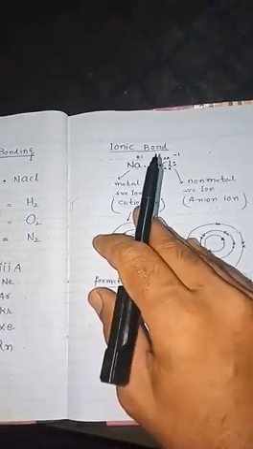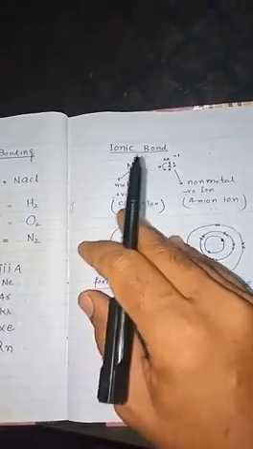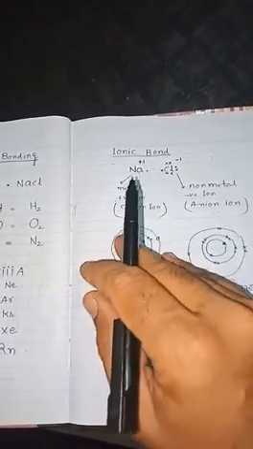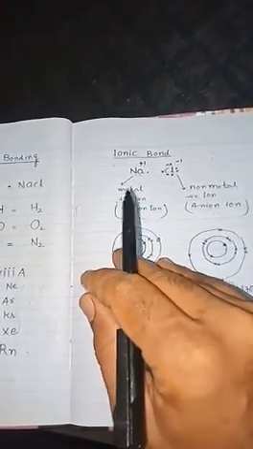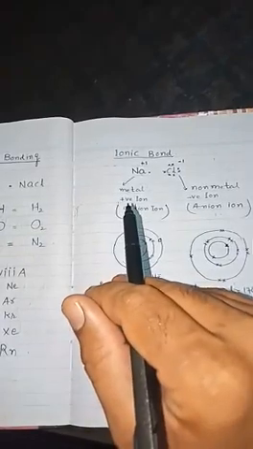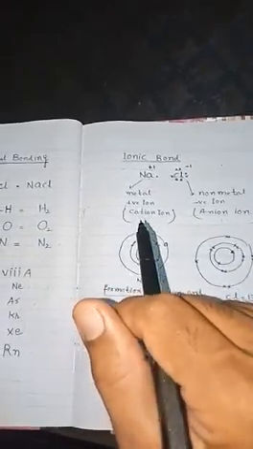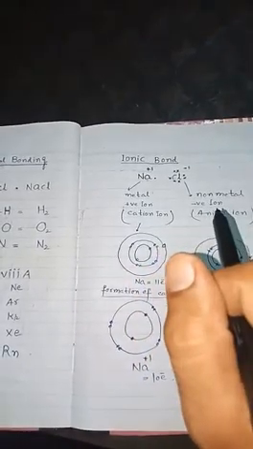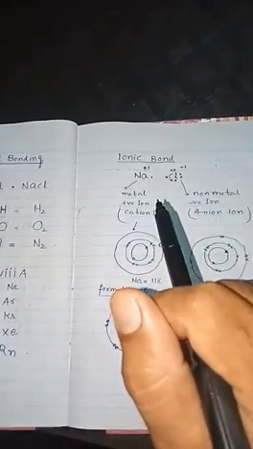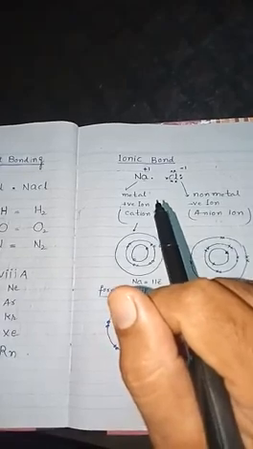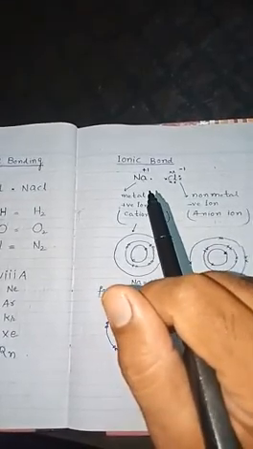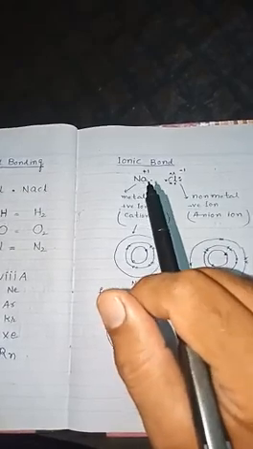So we have to learn here that there are two types of atoms, two types of elements. First is a metal and other is non-metal. First is called the positive ion, that is the cation, and other is negative ion, that is the anion. So in that ionic bond, that is the definition of the ionic bond is that this bond is formed